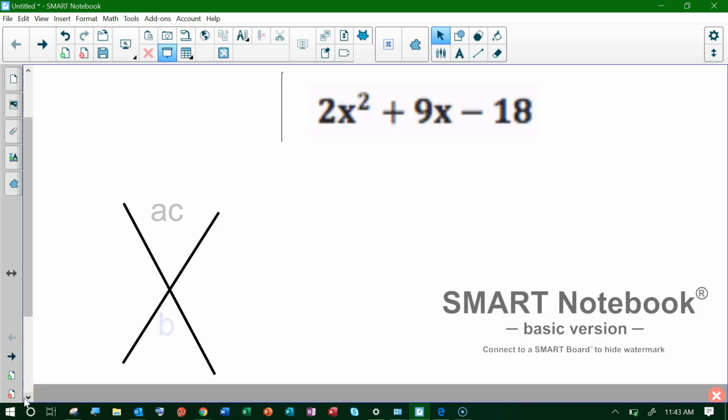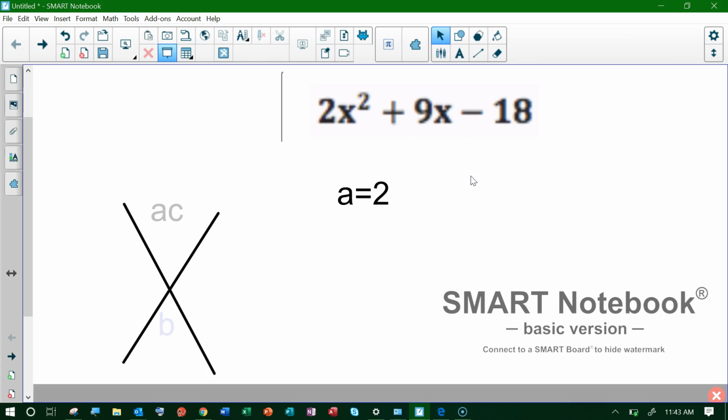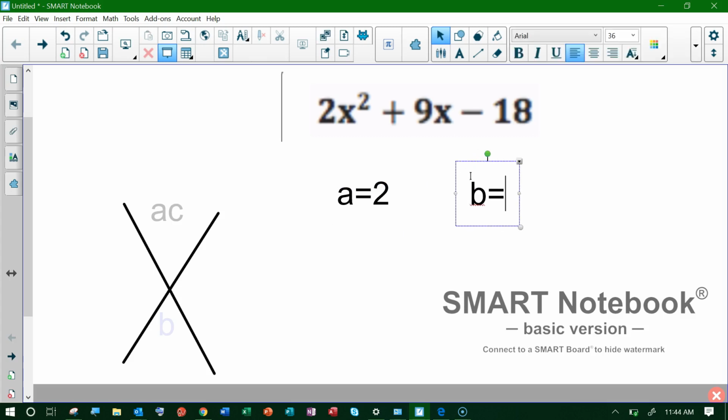I thought I would include at least one more, slightly more difficult example. This time I'll be incorporating Desmos. All right, so we can tell already if we're trying to factor 2x squared plus 9x minus 18, that we already know that a is equal to 2. We see that b is equal to 9,